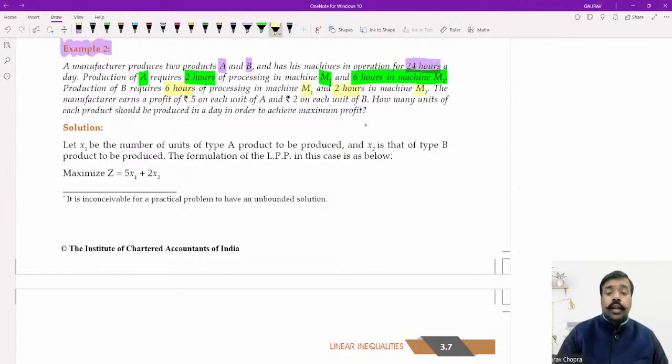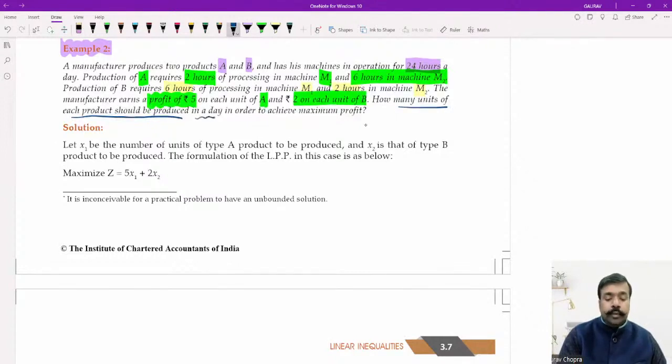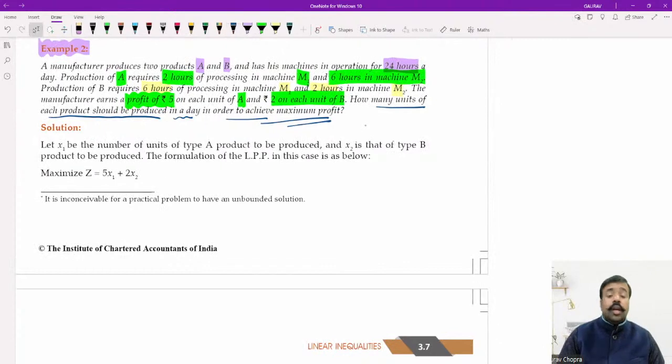Now, the manufacturer earns a profit of rupees 5 on each unit of A and 2 on each unit of B. This is the third thing which is given. Now, how many units of each product should be produced in a day in order to achieve the maximum profit? All right. So now the question is very clear about what we have to do. We have to maximize the profit. So we can write